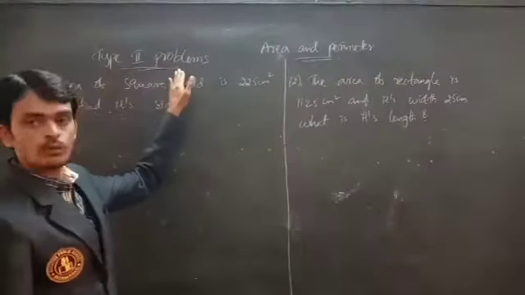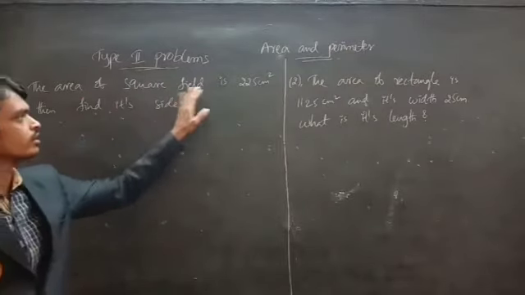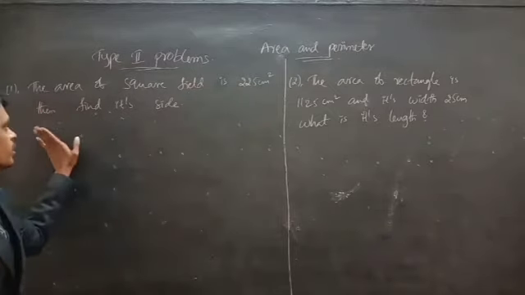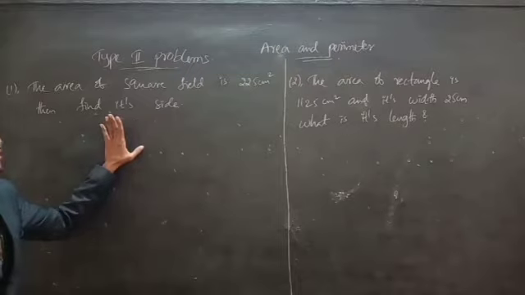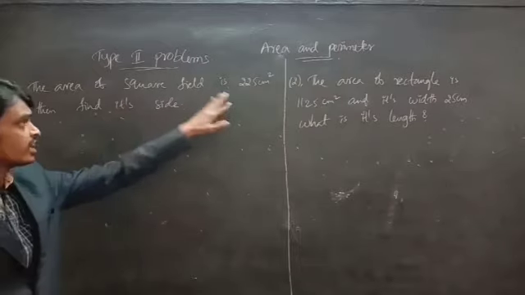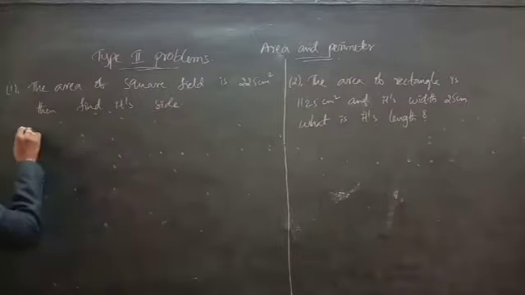Now type 2 problems. First one: the area of a square field is 225 centimeters square, given. Then they are asking to find its side. So in type 1 problems, the side is given and we find the area. Here, if the area is given, how to find the side, we will learn. So solution,